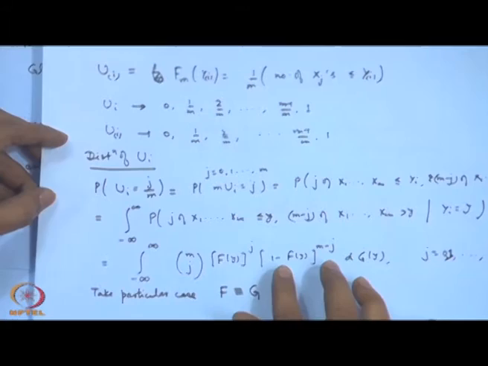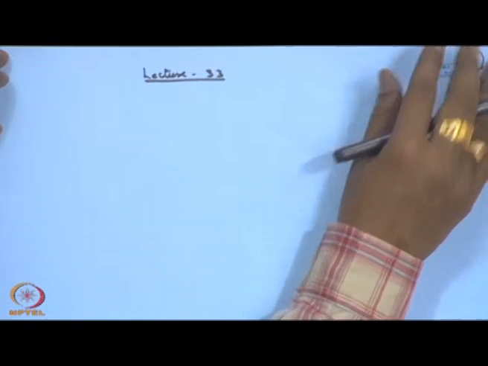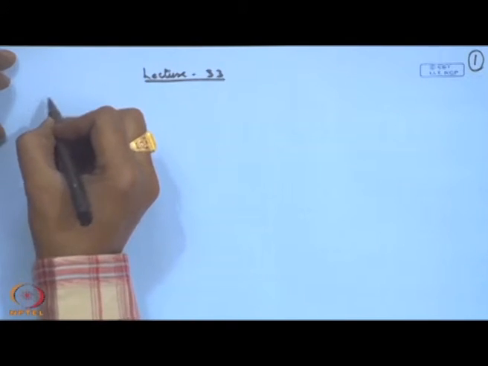We also considered the special case when f is equal to g. We also considered the joint distributions of u I, u j, u bracket I, u j. We also looked at the moment structure of these quantities. Let me now proceed from here. So, first thing is that we considered the joint distribution of u p and u q. Now, I look at the distribution of the difference. So, we have the following result.